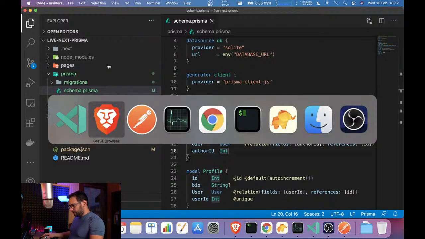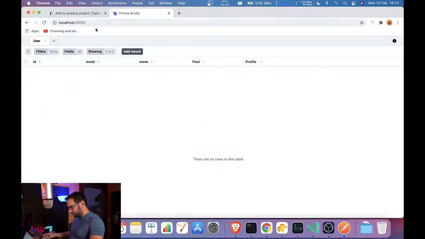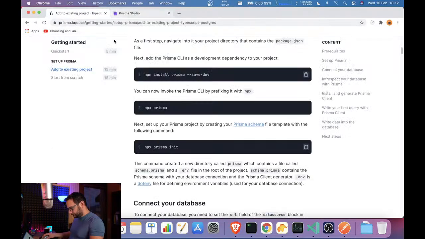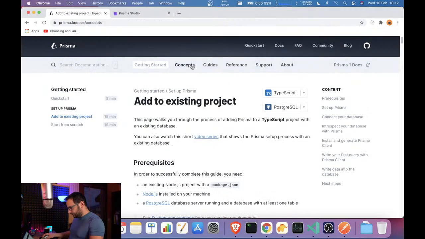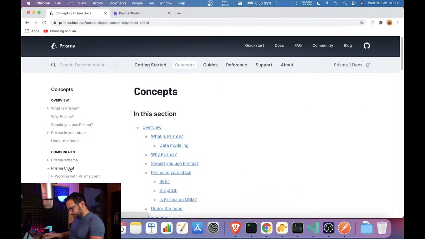We should make a request now for filling this user table. We should go on concepts and Prisma client.